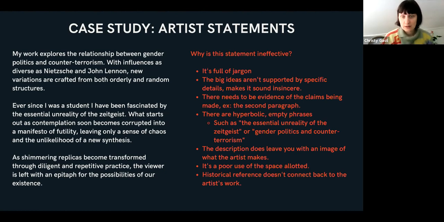The description doesn't leave you with an image of what the artist makes, in other words. So in that sense, it's a poor use of the space allotted. It uses a lot of words to say ideas that are sort of floating in the ether, but not connected to the artist, who they are, or what their work is. And same with the historical references. So if we go to the next slide,